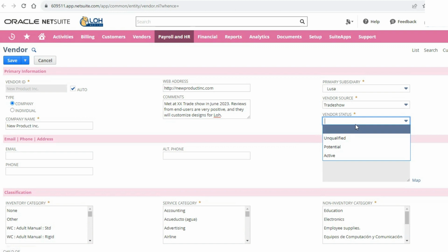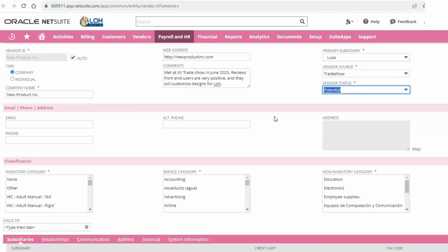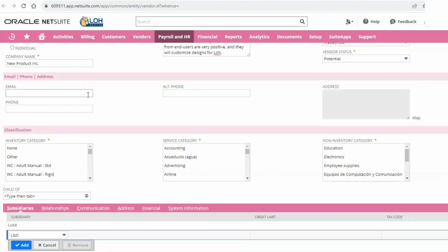So most of the time when your vendor's brand new, we have not made contact with this vendor yet, they're going to be potential. And then we'll switch that to active if we're going to make more purchases from them. We like their products. We like how they work. The contracts look good. If we don't like them, the products are bad, they don't answer us, terms don't fit for us, then we'll make them unqualified. And again, you're going to put a note here why you've made them unqualified, so that right off the bat, no one has to go into any record to get information.